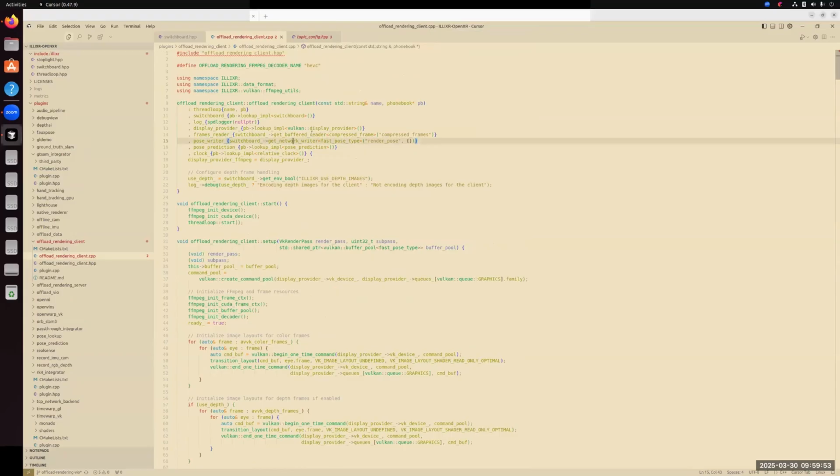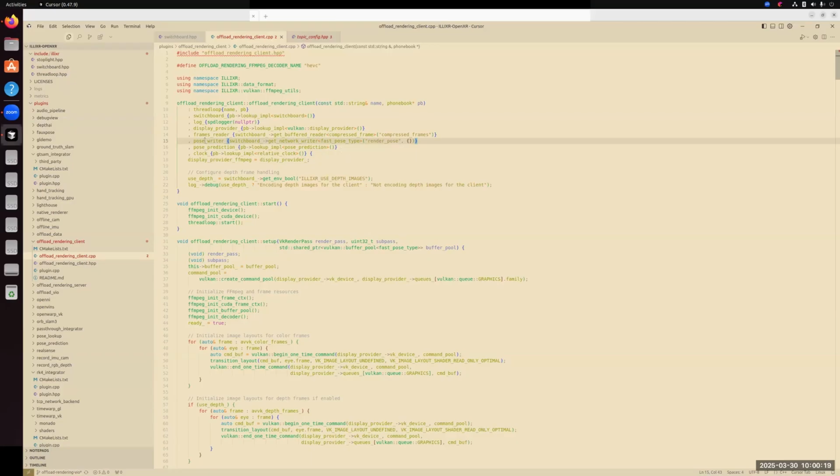Here, as Jeffrey mentioned before, we need to send the server the pose at which we rendered from. We need to send to the server from the client the current pose in order for the server to render.